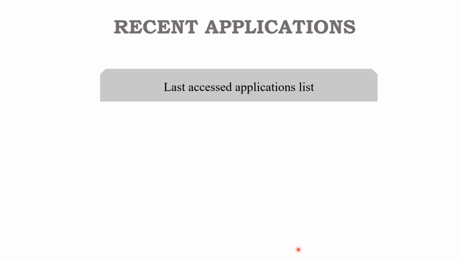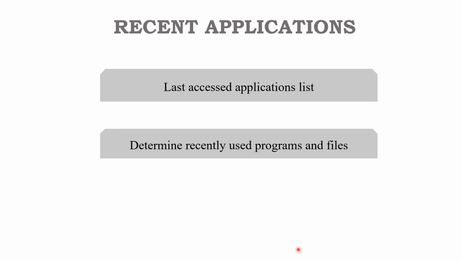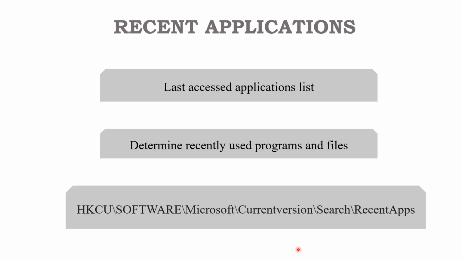So the last is recent applications. So it displays the last accessed applications and also determines recently used programs and files. So this is the location from where you can view the recently used applications. It is located under the current user hive in the software key. So these are the 5 important registry locations which we have seen now. And it is important from a forensics point of view as the investigator must know where to look for the possible evidence in the registry. So some other important locations that can be analyzed in the registry are